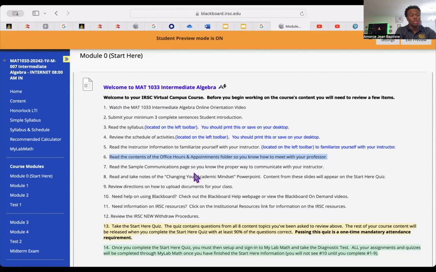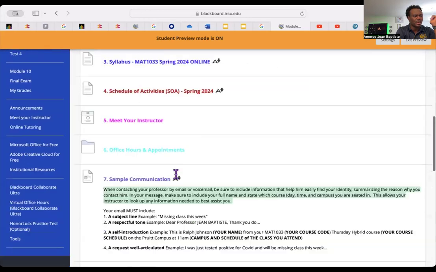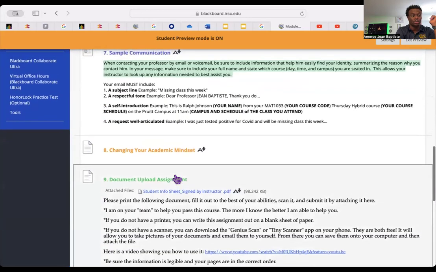So you need to know how to make an appointment. Also, there's a link in there that teaches you everything. Make sure you know that as well. You need to read the simple communication section, and the communication part, I'm going to go into it to review it with you.